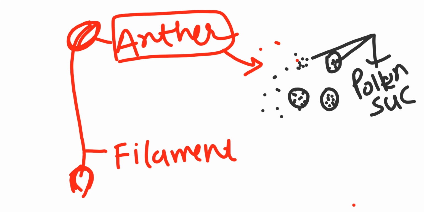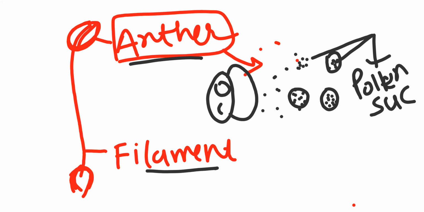Right? So first, androecium. Androecium unit is stamen. Stamen has 2 parts, filament and anther. Anther is generally a bilobed structure. In each lobe, 2 chambers are present. These chambers we call pollen sacs, in which the pollen grains are developed. When pollen grains become mature, anther dehiscence occurs. Anther breaks itself. It becomes dry and breaks. So the pollen grains come outside for pollination. This much information for anther.